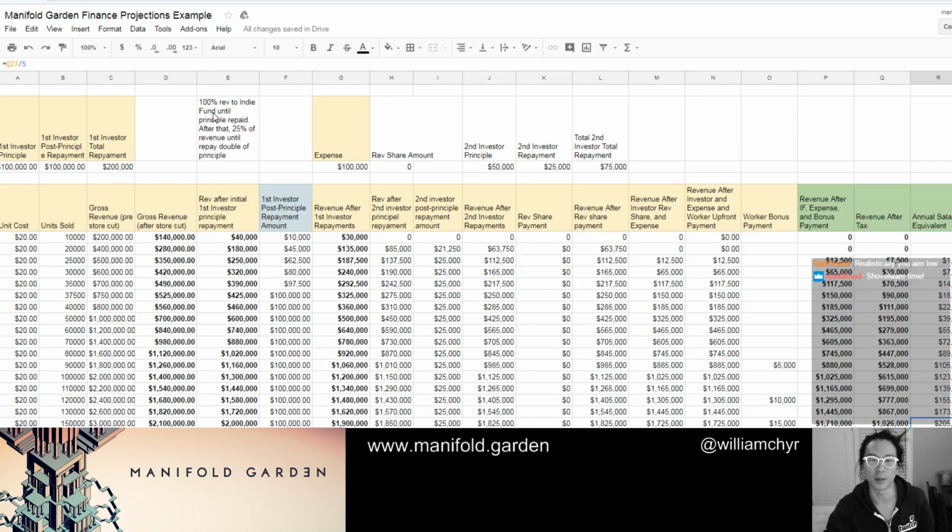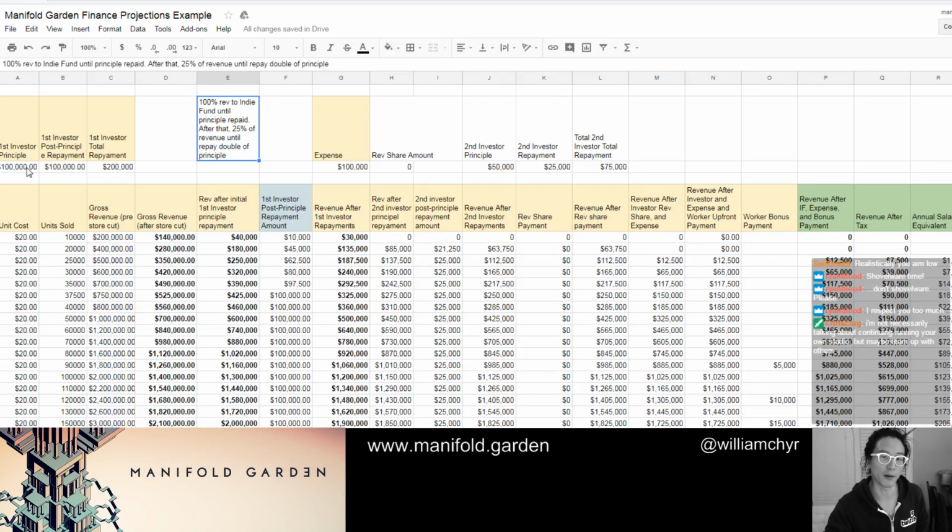By the way, I think everyone knows I'm backed by Indie Fund. That's public information. So this is not the amount I've taken, but this is the way Indie Fund works, and a lot of other funding. Now, this is slightly different because what Indie Fund does is give you a principal, in this case we put 100, and I pay them back double, and then it's over, right? Now with